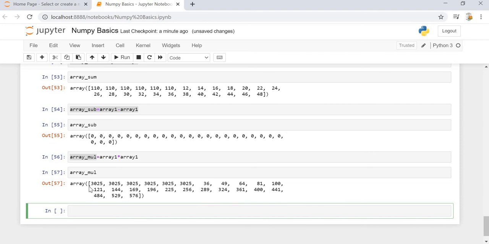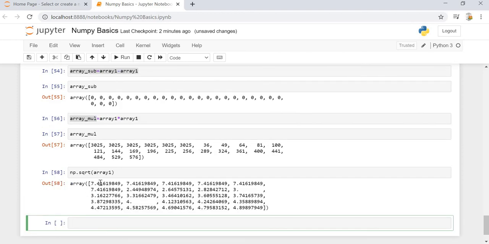There are a few more basic functionalities that we need to look at, which will be used in machine learning models. One is we can find the square root. We have a square root function in NumPy: np.sqrt, and then we provide the array for which we want the square root. It will give us the square root value of each and every number of that specific array.